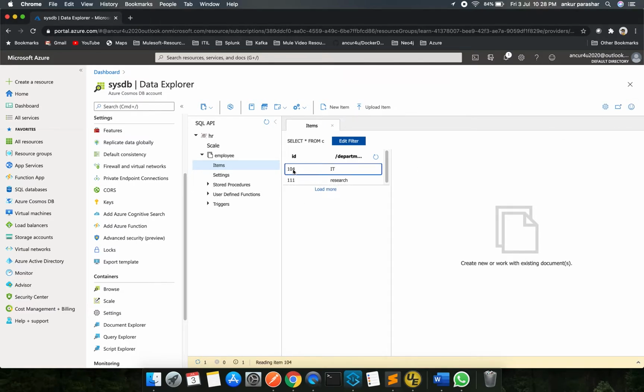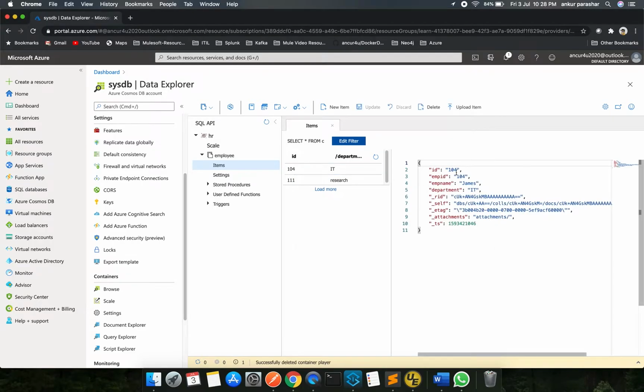This is one of the records, ID 104, and the department is IT, with employee ID and employee name, and along with that the rest of the fields are populated along with the timestamp. Similarly, this is for research, the other example. Have you noticed this is a JSON file?